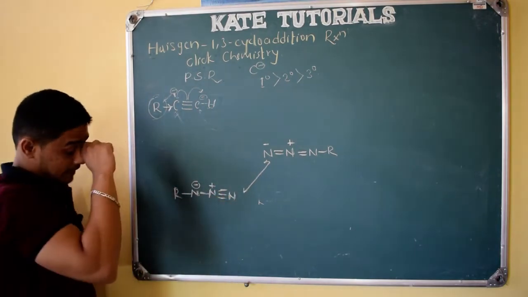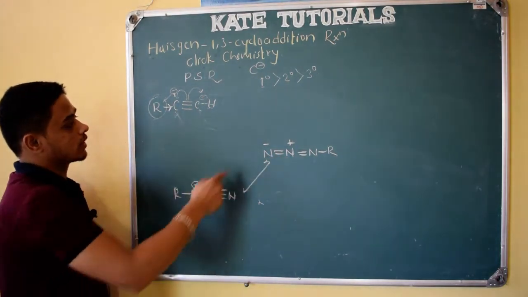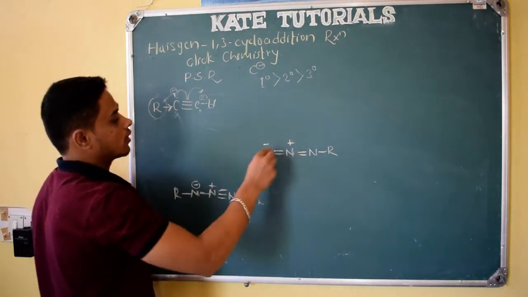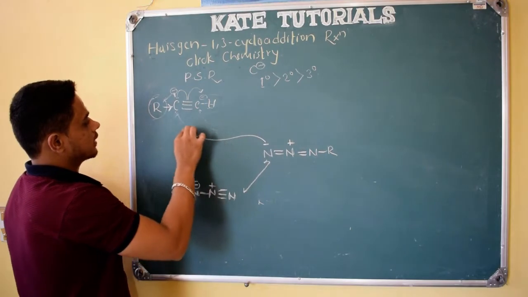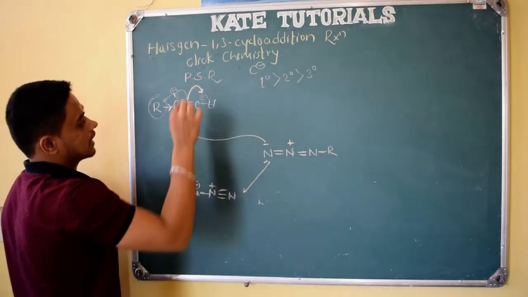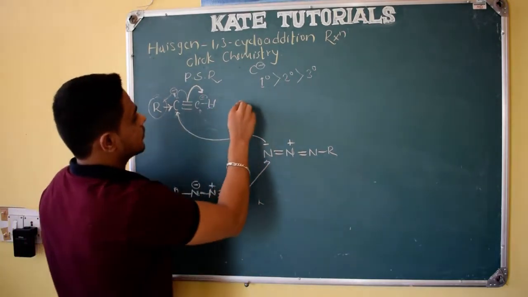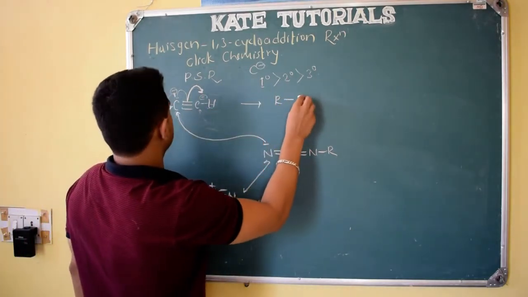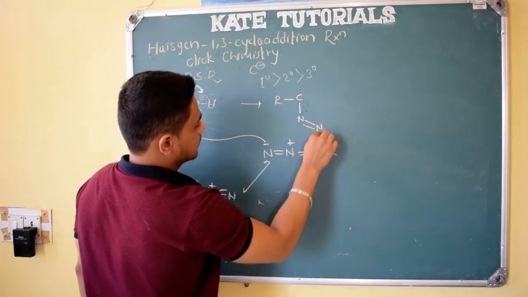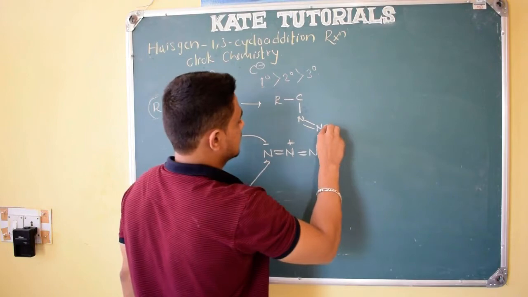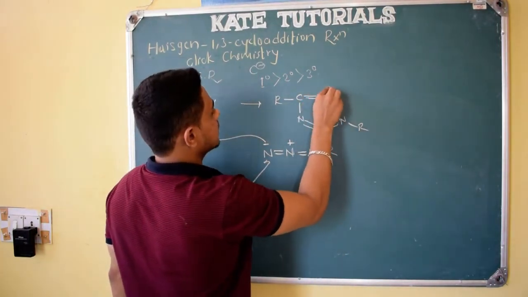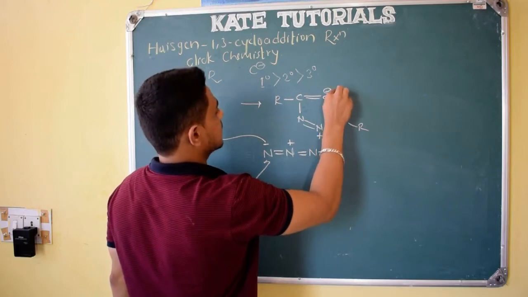So what happens in the reaction? First let me do the reaction using this one; further I will do it using the other. So the mechanism only now I am telling. The negative charge comes on this carbon, since it is an electron donating group, the electron density moves on this carbon. So I will get a product like this: R, C, here nitrogen is there, double bond N carrying positive charge, and here R, and here double bond C, and hydrogen is there as usual, right?